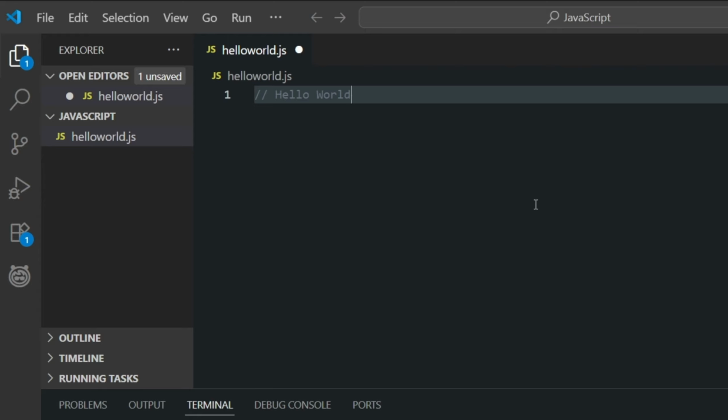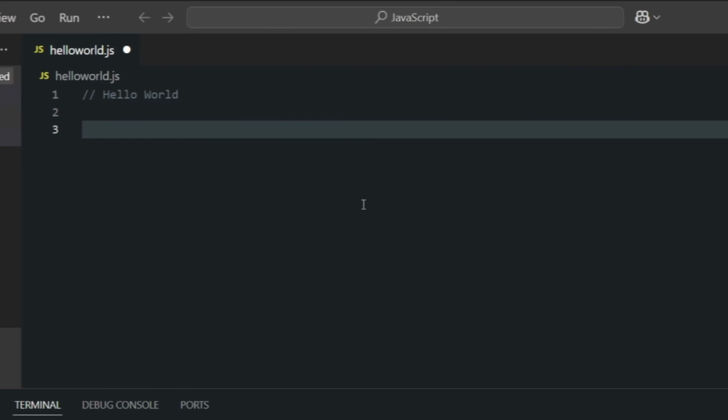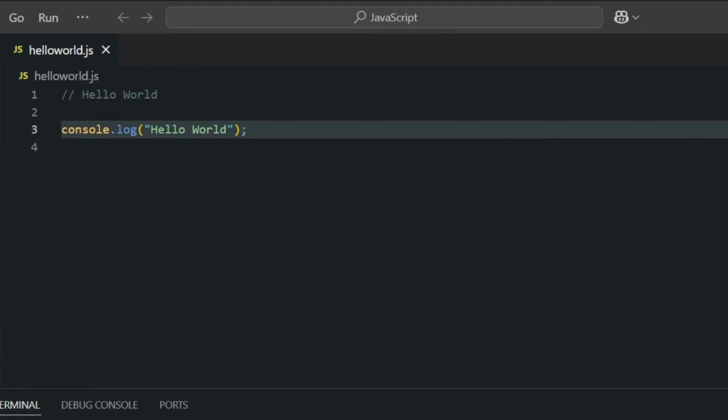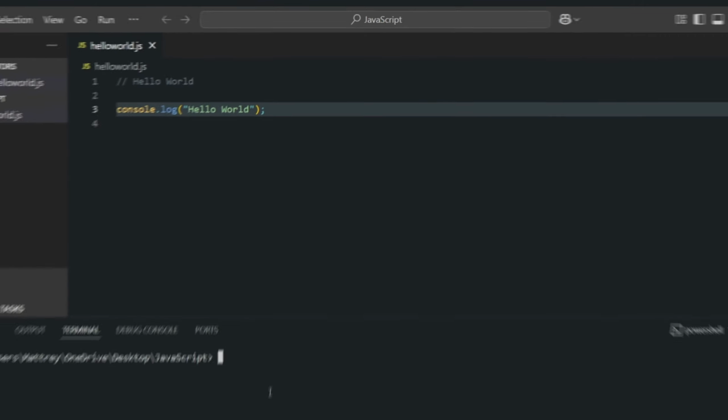Now we can clear the terminal, and now we can create our first file named hello world. So these are comments, which usually get ignored by the compiler. So writing the first JavaScript program: console.log hello world. As you can see, you have created your first own JavaScript file,